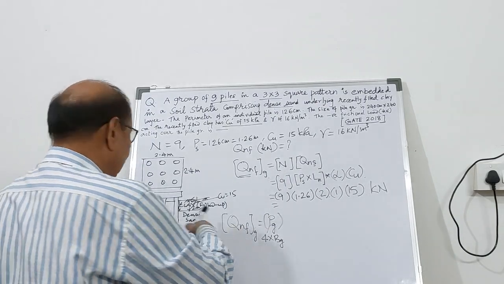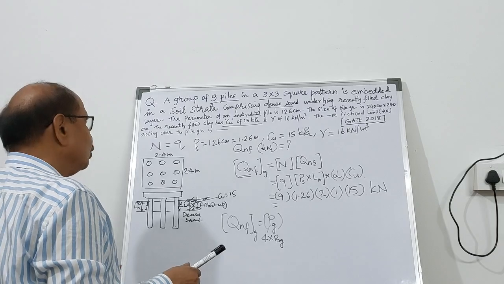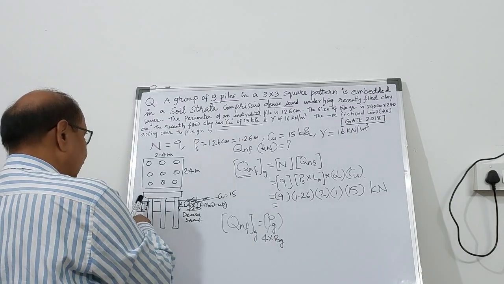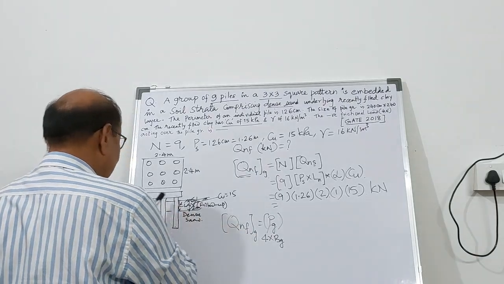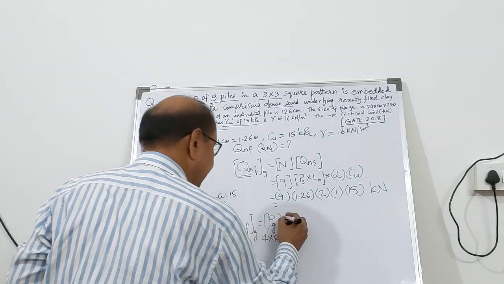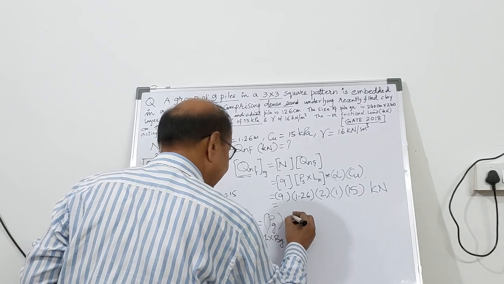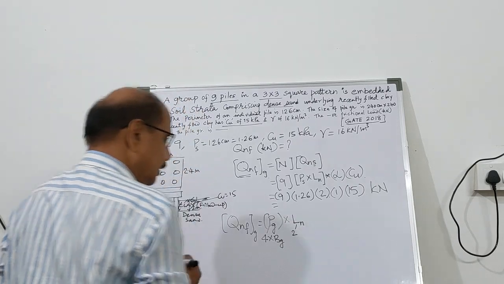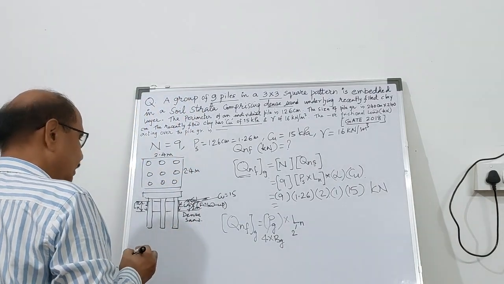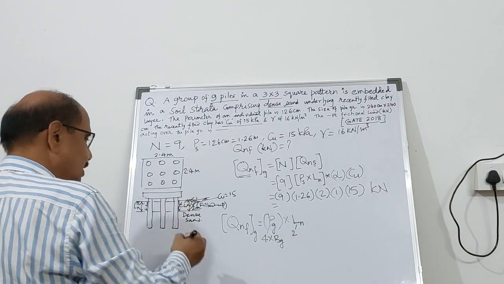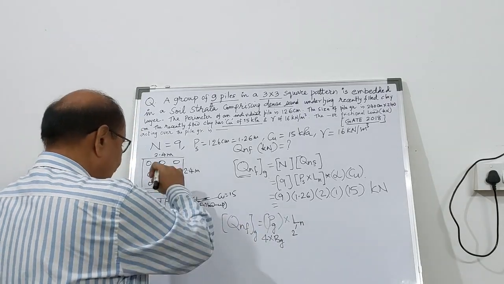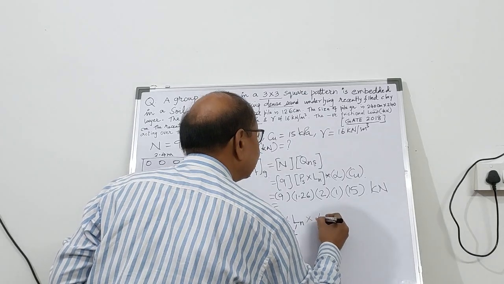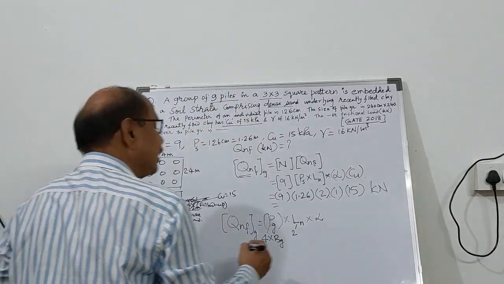So the perimeter of the group is known to you, 4 times Bg, and the perimeter is multiplied by the length. Ln is given to you as 2 meter, so you should multiply it by Ln, the length of this,